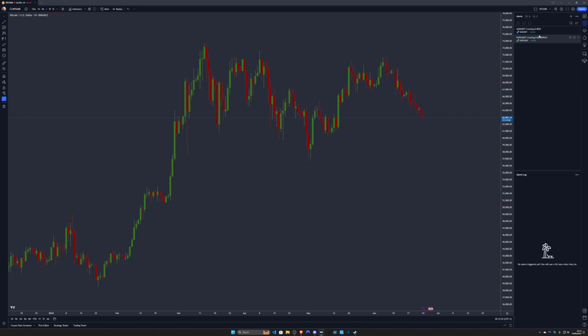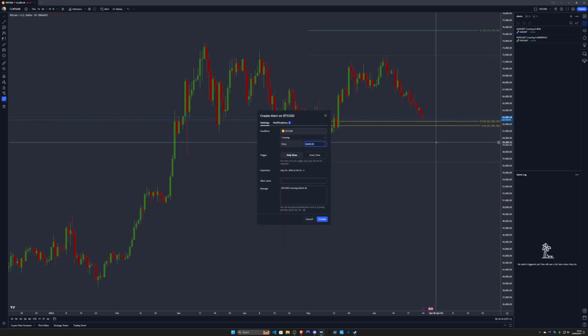So alerts, these are actually quite useful. So when you're charting, for example, let's take a look. So from the low to the high, let's have a look. Here comes golden pocket around this area. I want to get an alert. So let's sort of get it just before. So click just before the line, add alert,